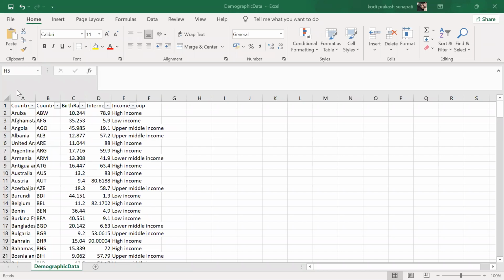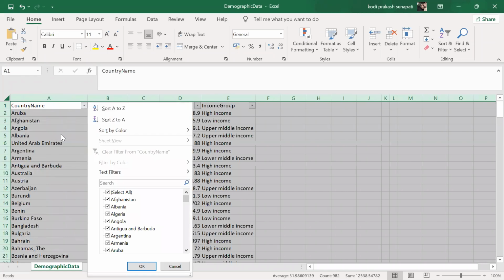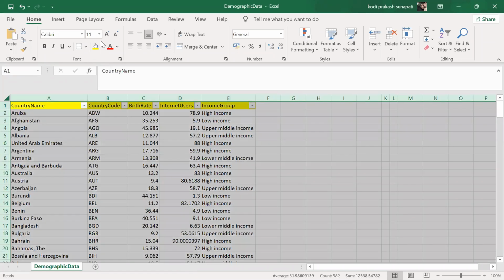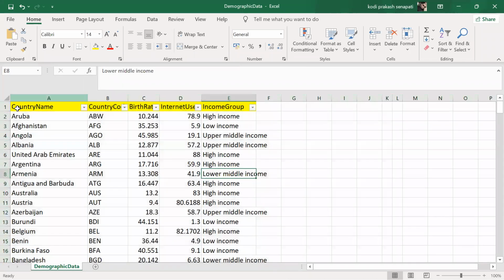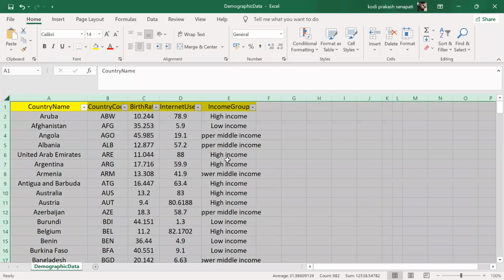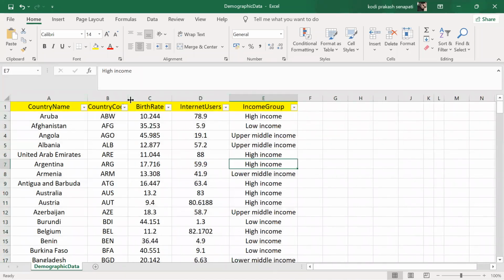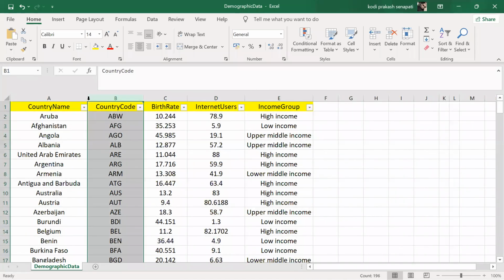Okay, now let's see, in this data set we have country name, country code, income group, birth rate, and internet users.